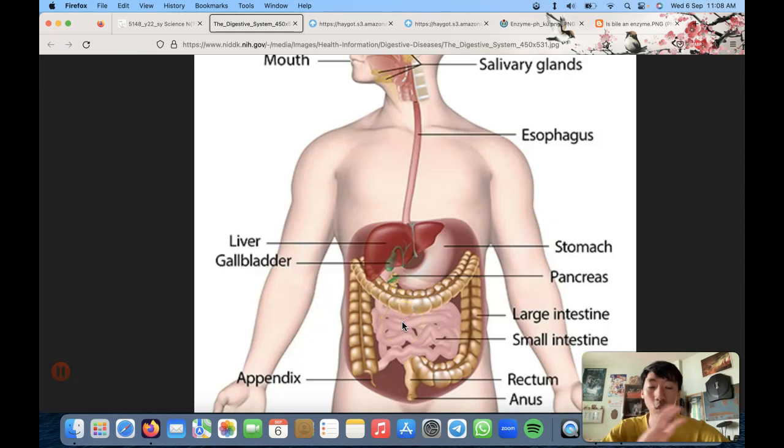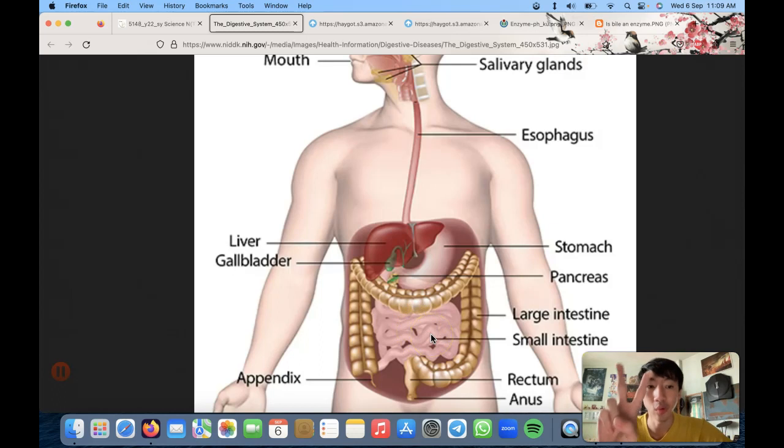Okay, so the small intestine is where all of this digestion will be finished, completely finished. After it's finished, it's now broken down into very small, simple molecules. As you remember, we saw in the picture. Okay, and then all these small molecules can then enter into your bloodstream through the wall of the small intestine, and that is what we call absorption.